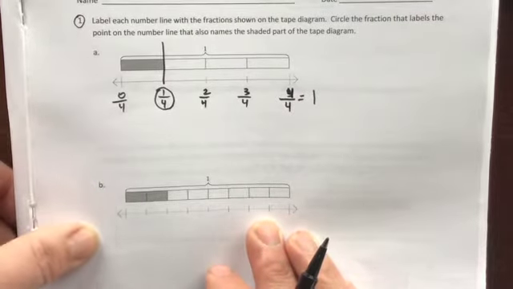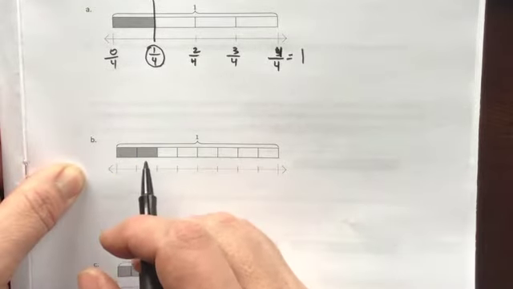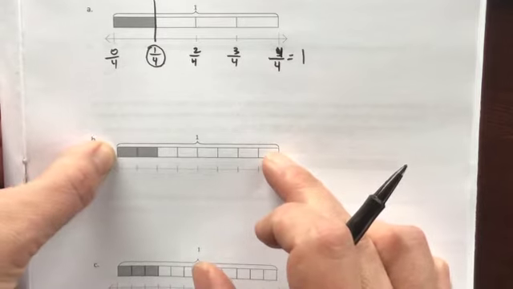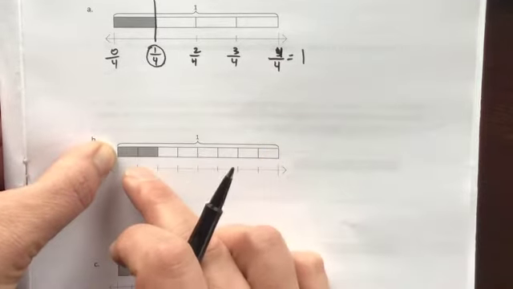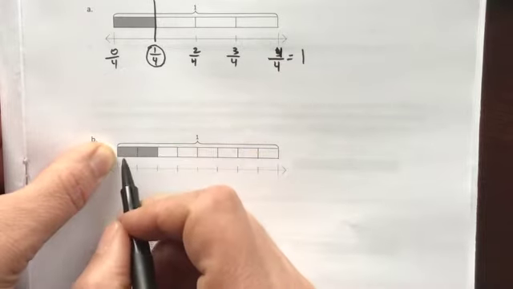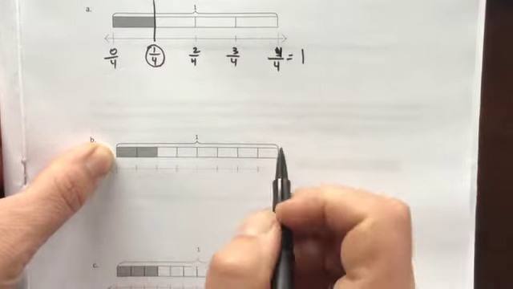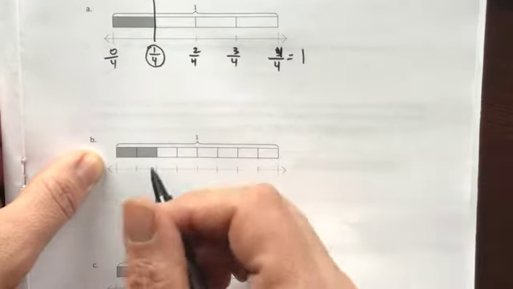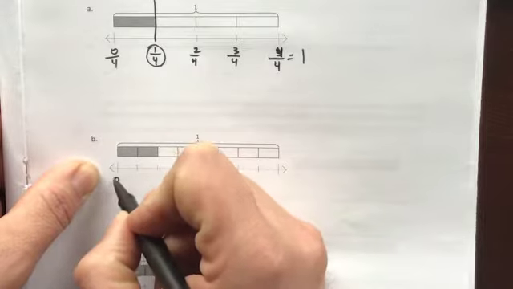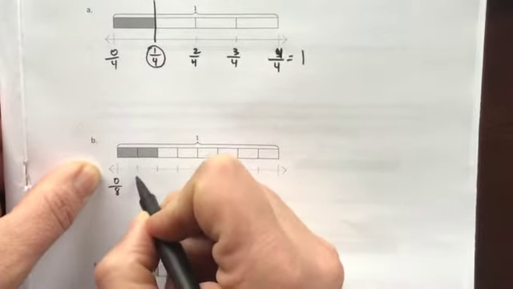Similarly in B, I'm going to take a look at my tape diagram, and again, it's one whole divided into equal parts, so I have to count how many equal parts there are. Let's see, 1, 2, 3, 4, 5, 6, 7, 8. So this is eighths, so I have to label my number line in eighths. I'm going to start at 0/8, because I have no parts there. I'm going to go 1/8,